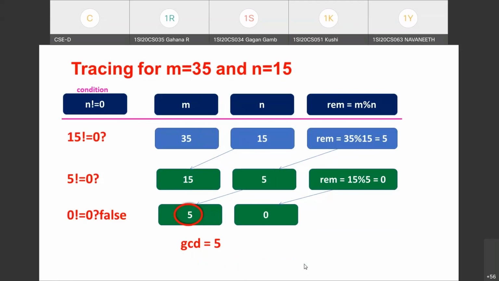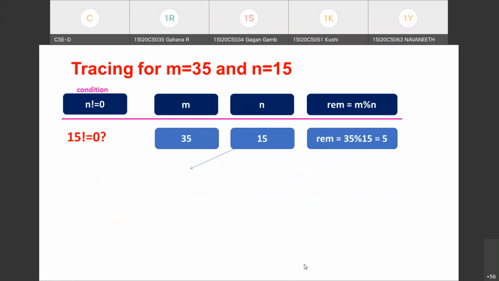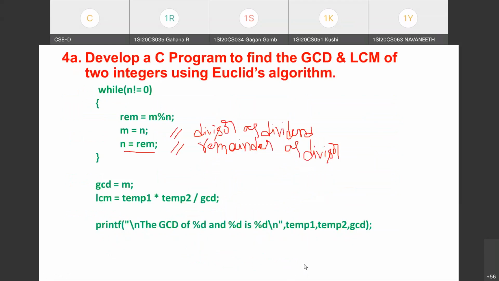Okay, fine. So this is a simple program, which is the 4th program of your lab syllabus, to compute GCD and LCM. So this is the while loop we need to write. It is very simple. Test condition: while n not equal to 0. Three statements: remainder equals m mod n, m equals n, n equals remainder. Here m is the dividend we are taking and n is the divisor to perform the division operation. How to remember these two assignment statements? Just make the divisor the dividend, and the remainder the divisor. So these are the two assignment statements you have to write.